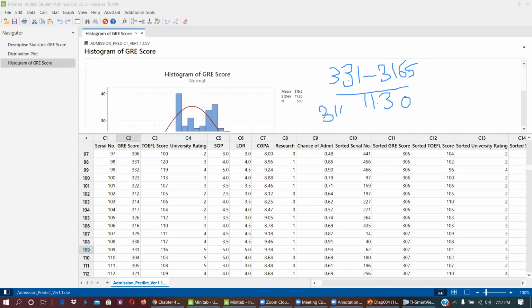314, sorry. 14.5 divided by 11.30. So if I calculate all this value, what is this? It is going to be 1 plus something. That means